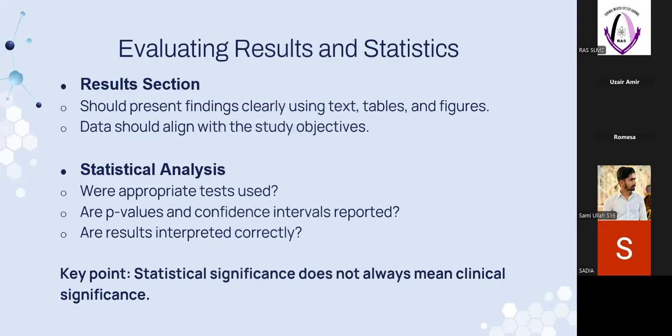Next, there are the results and statistics. We need to evaluate the results and statistics portion of the research article to critically analyze whether the text, tables, and figures mentioned are correct. Sometimes there might be a typing error. Sometimes the p values are not significant, but they have mentioned that they are significant. So we need to understand that. Along with that, in the results section, the researcher often mentions what type of test he actually ran, whether it is a chi-square test or some other test.